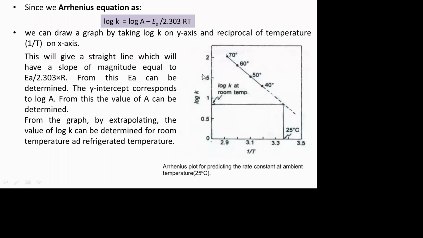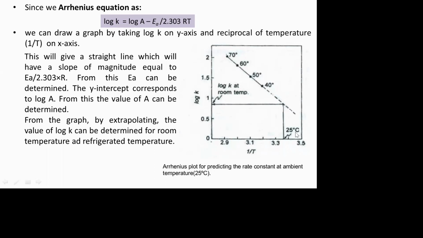गरेर ग्राफबाट निकालिन्छ. अब ग्राफबाट कसरी निकाल्ने भने सुरुमा पहिला अब लग के, यो आरेनियस इक्वेसन भनेको इक्वेसन हो हैन, यो इक्वेसनबाट हामीले चाहिँ के को भ्यालु चाहिँ 70 60 50 40 सबै थाहा छ हो हैन, के को भ्यालु. अब लग के y एक्सिसमा अनि यसको चाहिँ 1/t टेम्परेचर, कुन टेम्परेचर लिएको, त्यो लिएपछि हामीले चाहिँ यसरी एउटा स्ट्रेट लाइन आउँछ हाम्रो 70 डिग्री सेल्सियसमा, 60 डिग्री सेल्सियसमा, 50 डिग्री सेल्सियसमा, 40 डिग्री सेल्सियसमा सर्टेन हामीले लग के को भ्यालु राखेर एउटा स्ट्रेट लाइन आउँछ हैन, आरेनियस इक्वेसन किनभने यो इक्वेसन भनेको y = mx + c हो हैन यो इक्वेसन